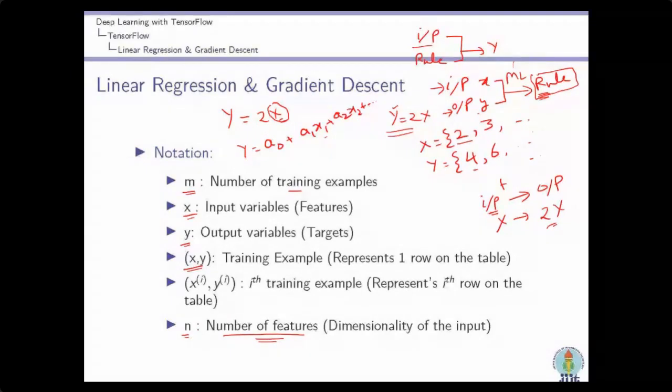So if capital X represents x1, x2 and so on, n features of x, then y is a function of capital X.